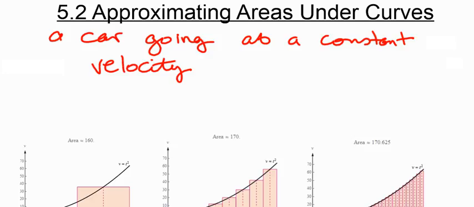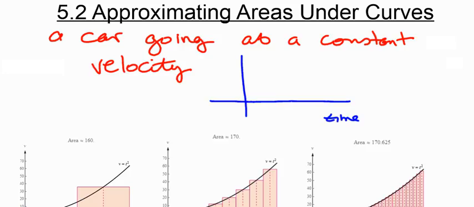5.2, approximating areas under curves. This is going to be video 1, and I want to start with this concept of a car going at a constant velocity. We could actually graph it, and remember, time is always on our independent axis, and then we would have our speed,